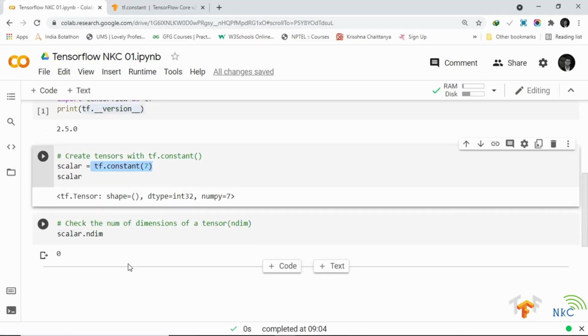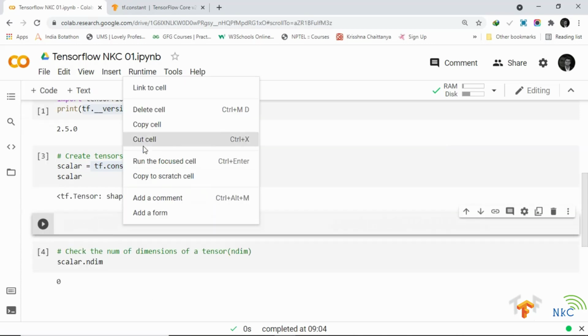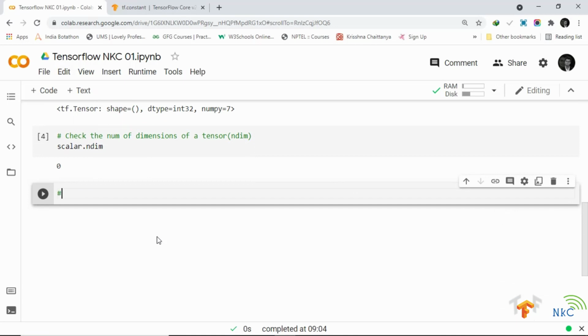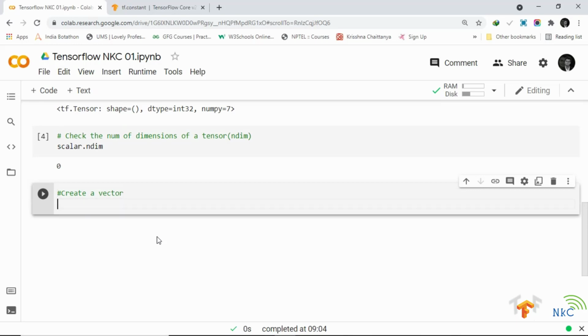How about we create a vector? So we have got a red word here. You might not be familiar with scalar, and now another word you are going to come across quite often in deep learning is vector. So let's see what they are. Again, the structure of what I want to go through is to write the code first and then go through the concept.